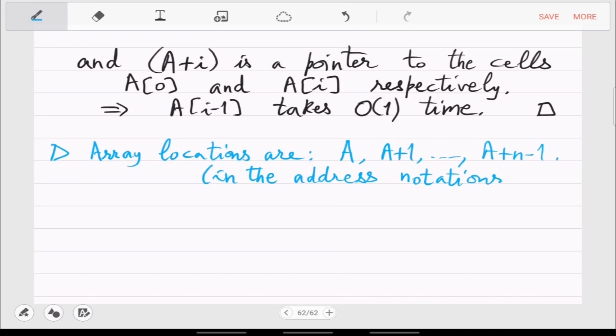So these are not to be thought of as numbers, but as addresses. So the bigger your hard disk is, the bigger these addresses will be.